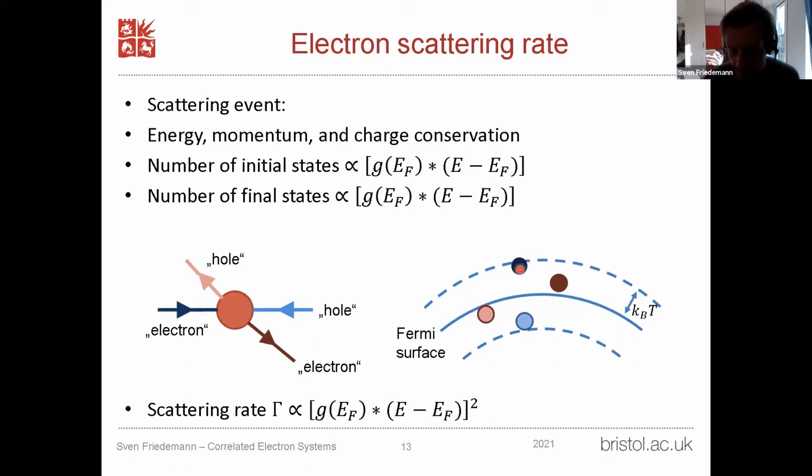That means they can scatter in any new pair of an electron and a hole, an occupied and an unoccupied state, which in total have the same momentum and in total have the same energy. Now, the energy of these two states is given essentially. It did cost some energy to create this empty state, this occupied state above the Fermi level. It also did cost some energy to knock out this electron here, and we've got to operate within the same